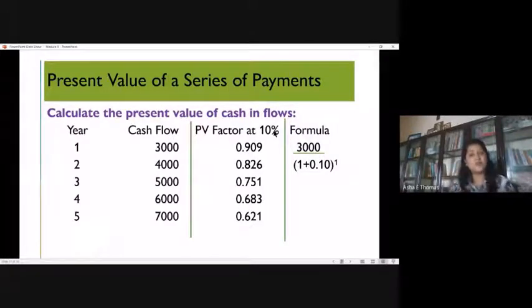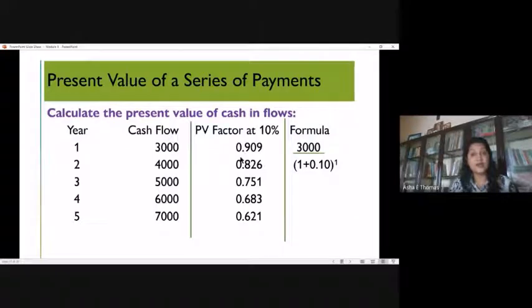Maybe if it is 15%, the value would be much lower than that. If it is 5%, the value would be higher than this. At 10%, this is the kind of depreciation in the value of money which we expect after 1 year or 2 years or 3 years. This is something which I'm taking from the present value table for uneven cash inflows, based on the rate of interest as well as the year.